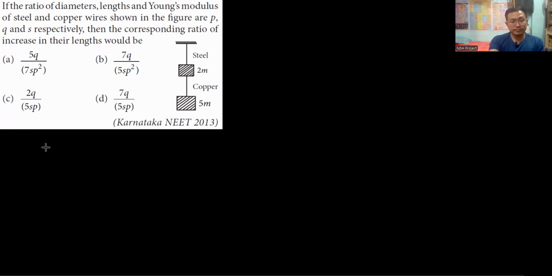Diameter of steel by diameter of copper is equal to P. And length of steel by length of copper is equal to Q, and Young's modulus of steel divided by Young's modulus of copper is equal to S, P, Q, and S respectively. Then the corresponding ratio of the increase in their length will be